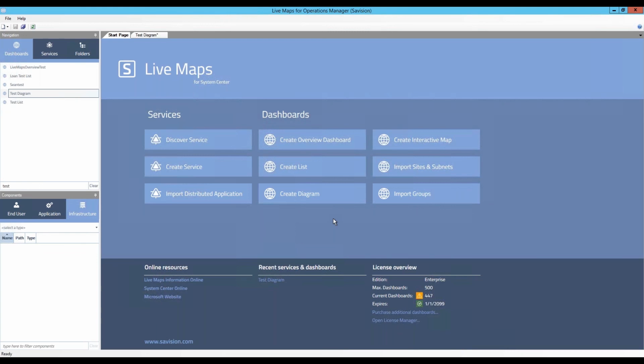On the right-hand side, we have Create Overview dashboard, Create List, and Create Diagram. Now, if you've not read Chris's KB articles on what type of views are possible within Live Maps, I would highly recommend it. It's a great read. It explains a little bit more about that. Essentially, we break down into three types of dashboards: a list, a diagram, or an interactive map with big maps